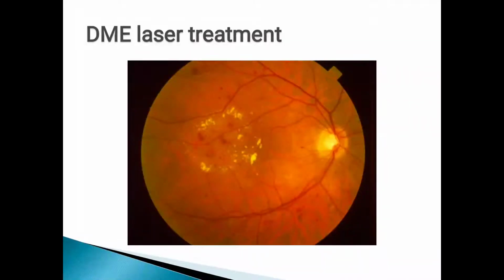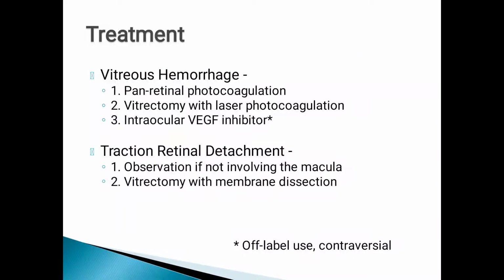So this is how the laser treatment is done in diabetic maculopathy. You see, what has happened here is there is an area where you can see exudates in a circular area, and in the center of that area there is macular edema and there is microaneurysm. So what we are doing is we are treating this area with mild lasers to reduce the leakage. So these are the laser marks, the spots of laser which we have applied to reduce the leakage. Okay,